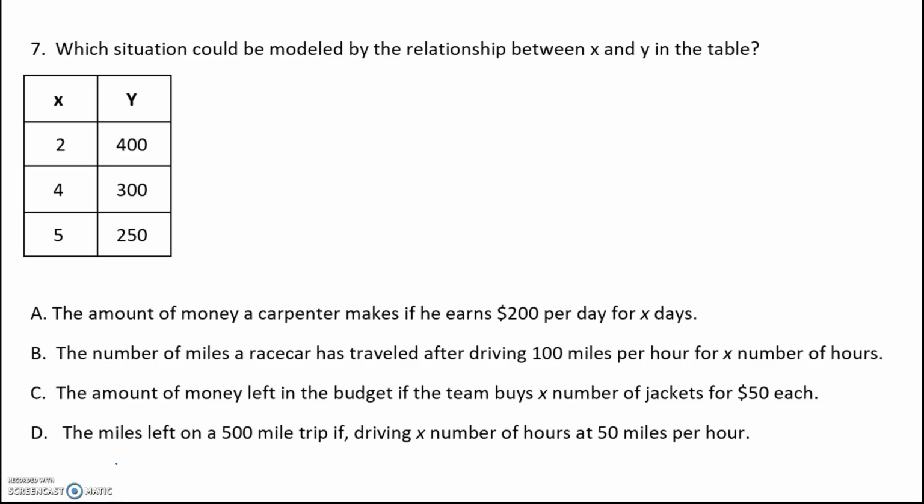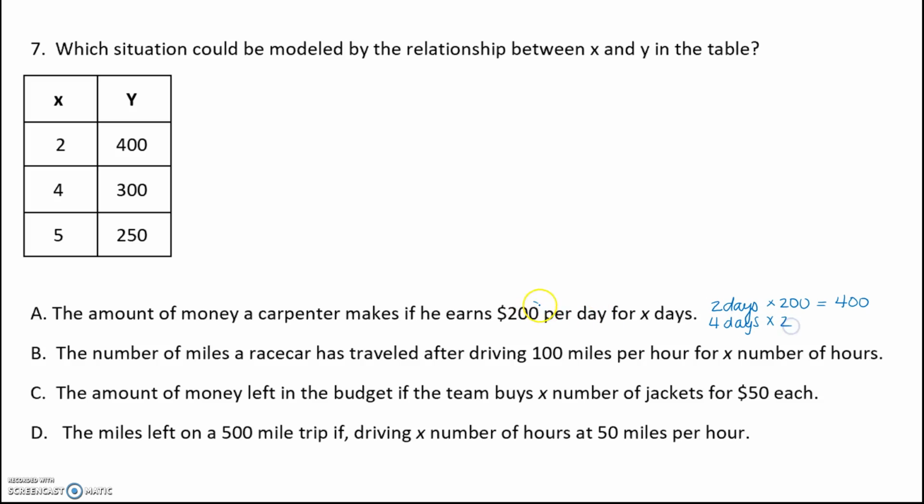All right, number 7 says which situation can be modeled by the relationship between X and Y in the table. All right, so A says the amount of money a carpenter makes if he earns $200 for X days. Okay, so it's saying that if he works 2 days times $200, he'll get $400. So that matches. But what about 4 days